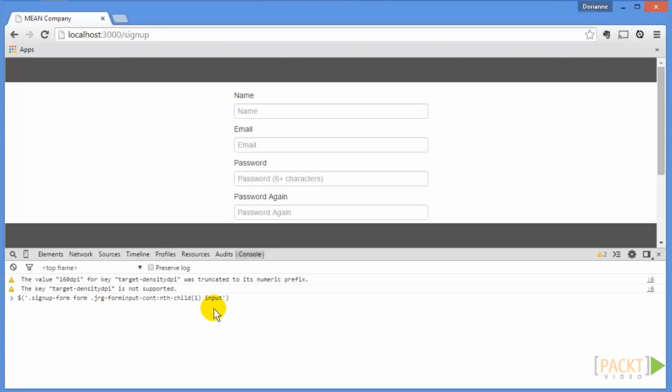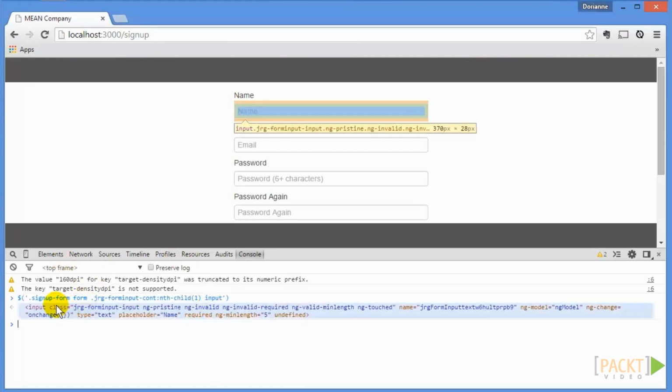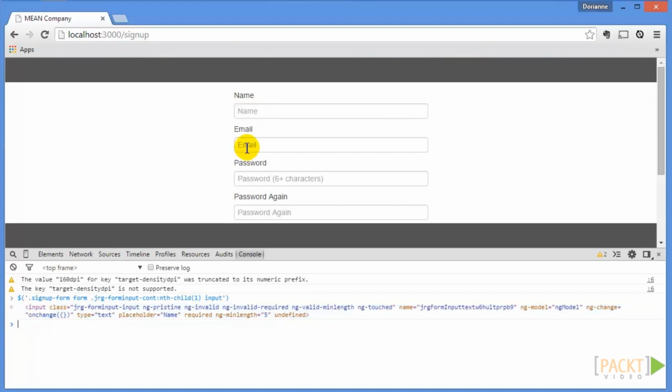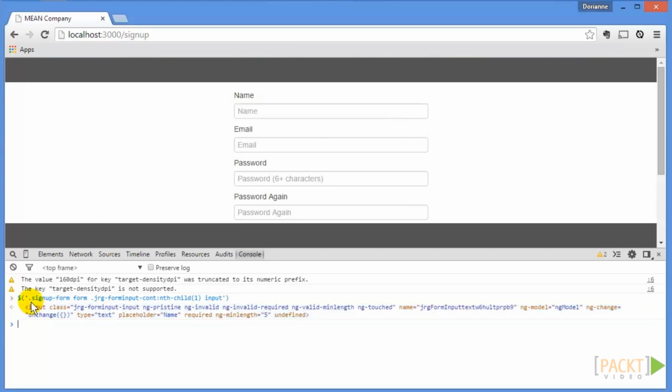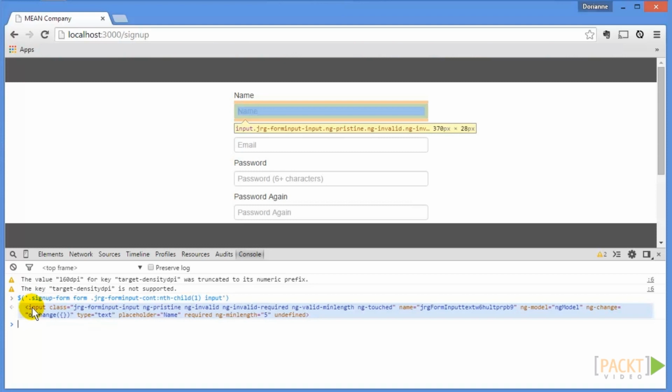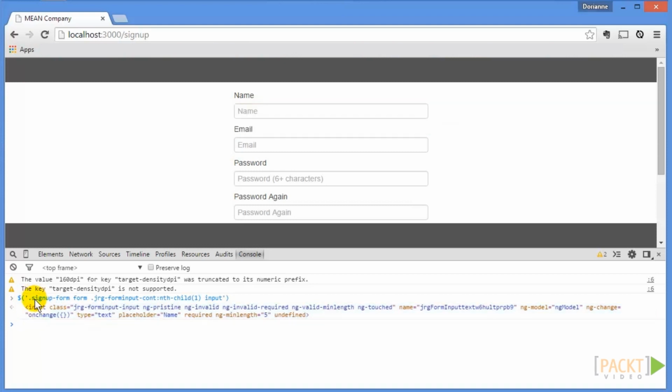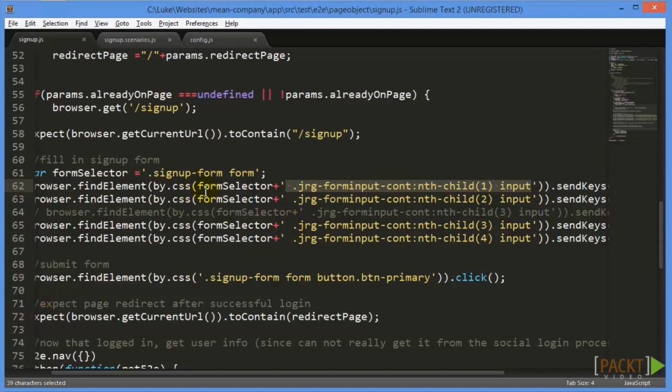And then if we press enter, it will actually tell us what it returned, and indeed it returns an input field right here that has the name element. So when you're going through and deciding how to type it, you can always just test it on the console first to make sure that it actually is getting the element that you want. So now that we know we have the right element,